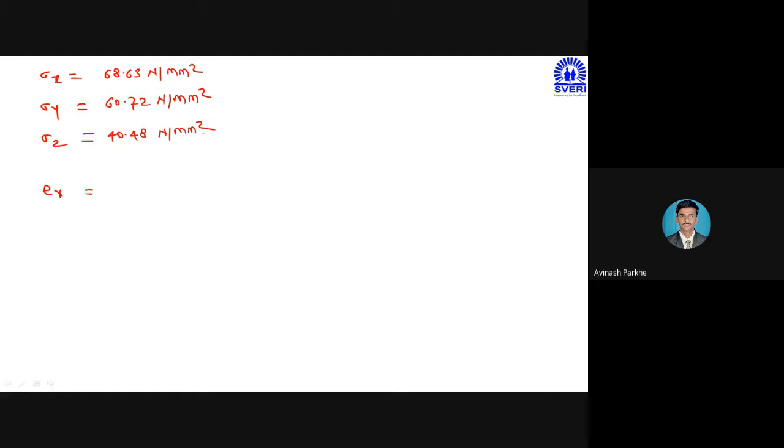Others, please do the calculation. Strain EV is 3.39 into 10 raised to minus 4. This is EV. Then EV is equal to change in volume upon original volume. Therefore, change in volume is equal to